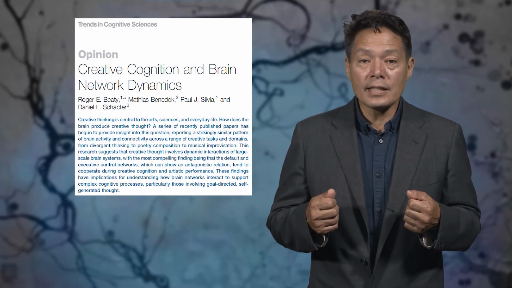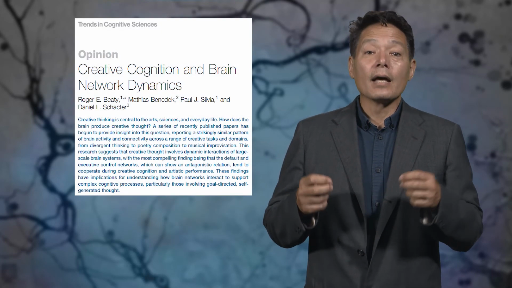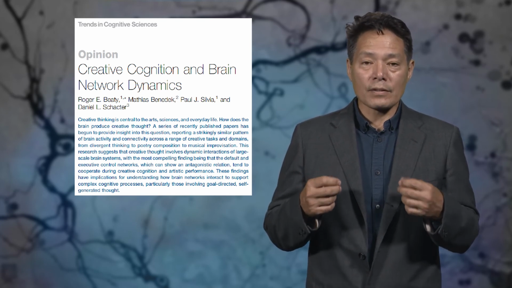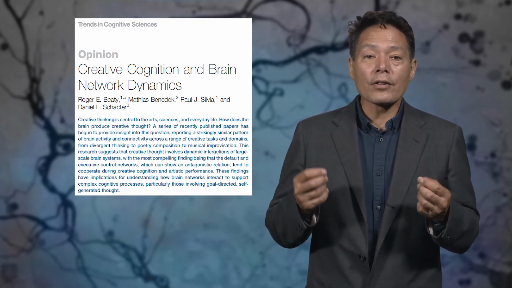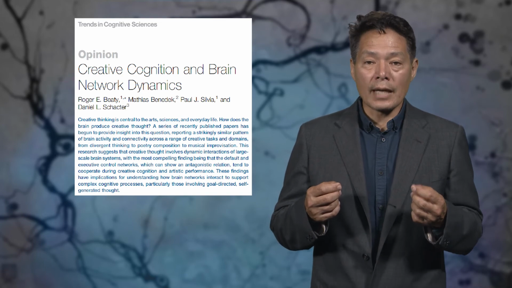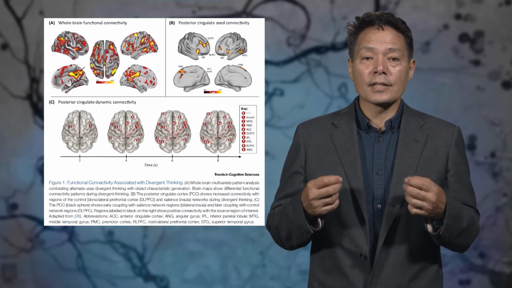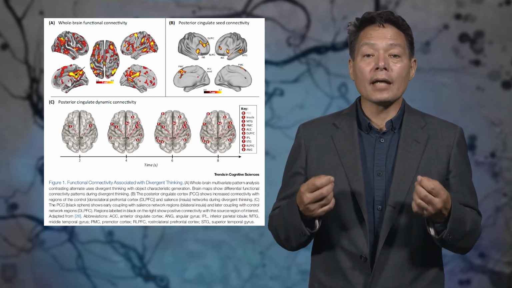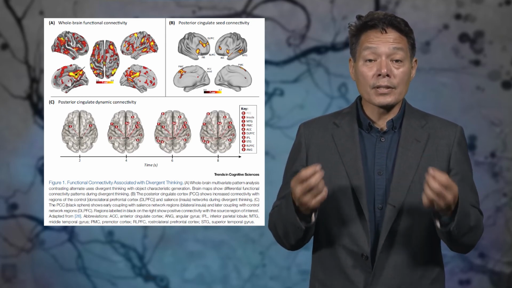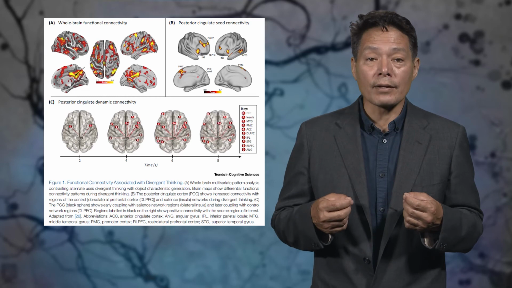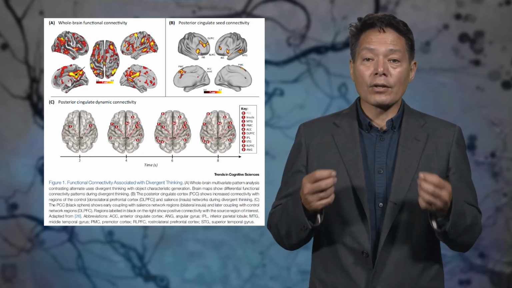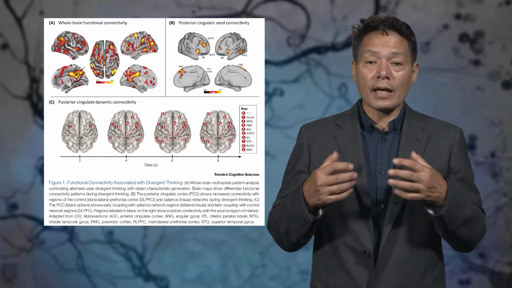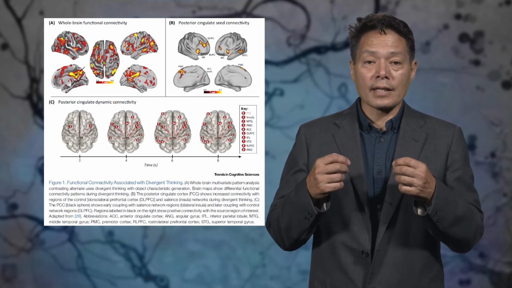In a 2018 paper related to ours, shown here, that was also in search of the neural basis of creative imagination, the authors came to a similar conclusion, namely that creative thinking involves the volitional frontoparietal control network coupling with the main hub of the default network in the posterior cingulate precuneus area. On the left, you see the cortical areas that were more active in a divergent than non-divergent thinking task.